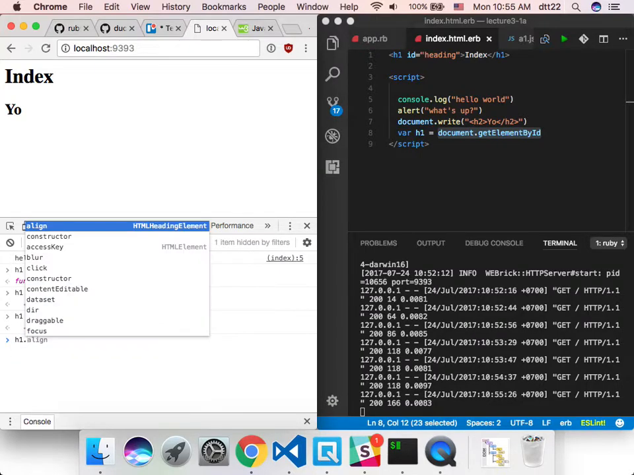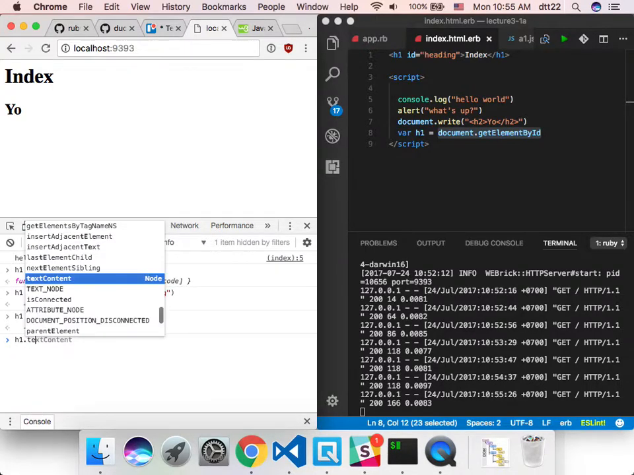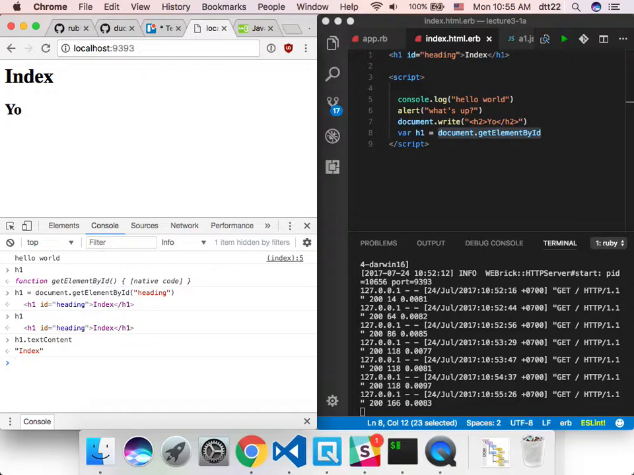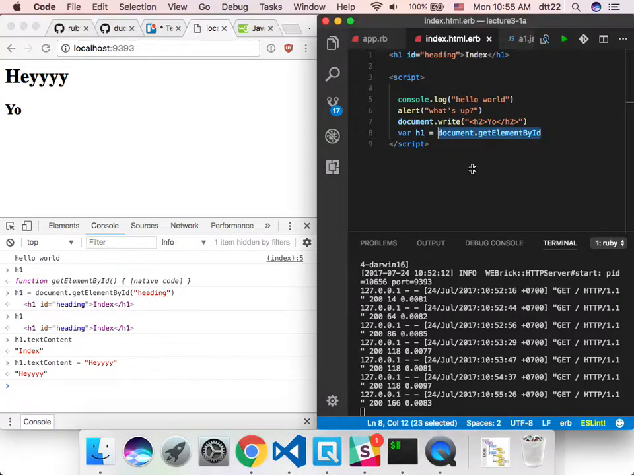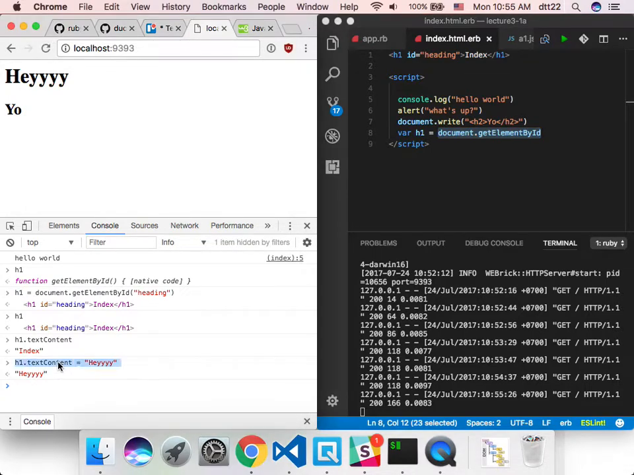And now H1, you can even do something like, what is it in here? That's text content, right? You can change that too. So that's the fourth way for you to write to the screen. You don't write new stuff, but you change existing text. You normally don't change this, by the way. You actually change this. It's called